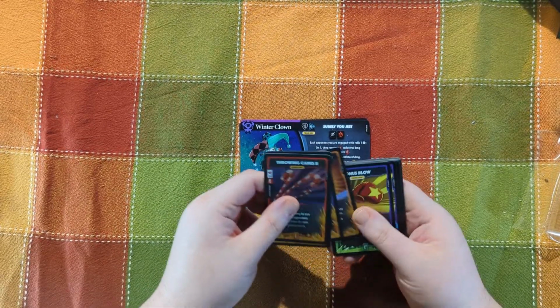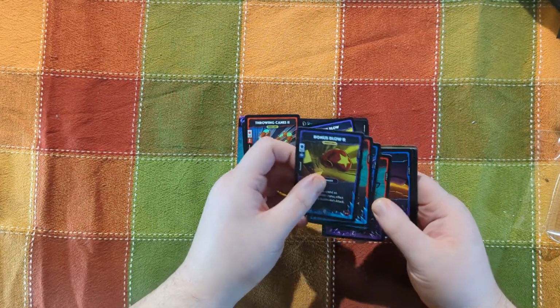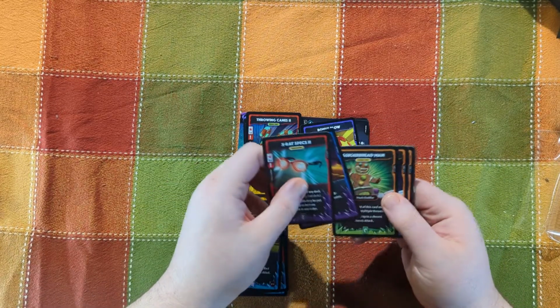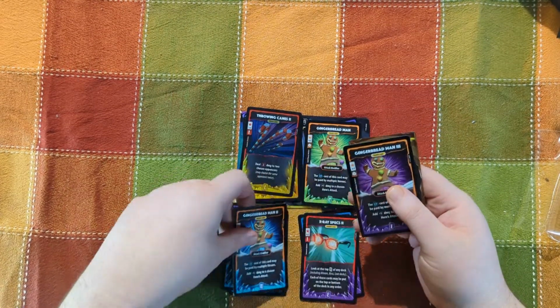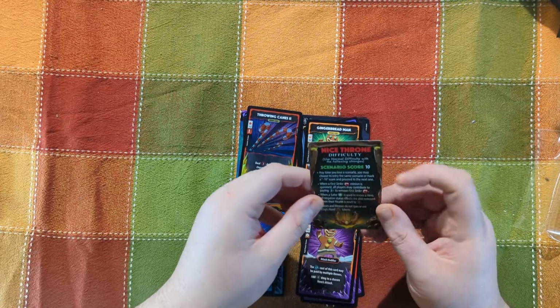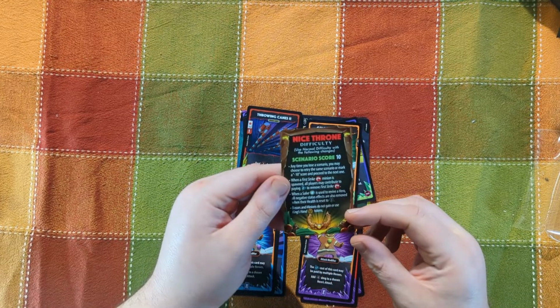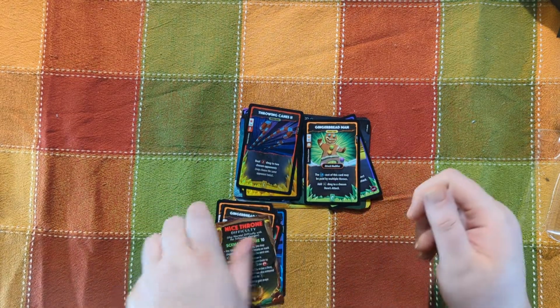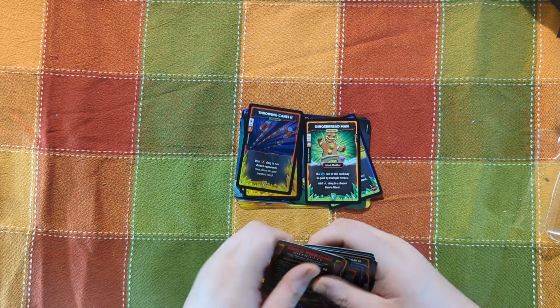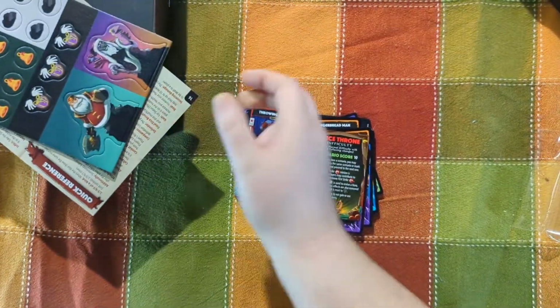We got the gold legendaries. Got some commons. Some rares. E is epic. Some more commons, some more rares. And then scenarios for the Dice Throne Adventures. But that was everything in this unboxing of